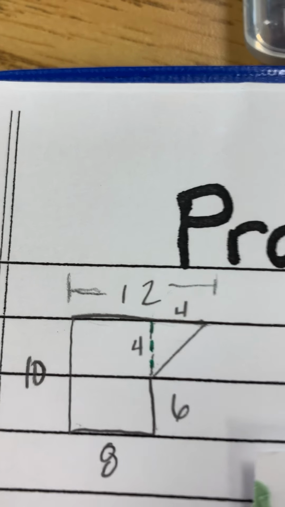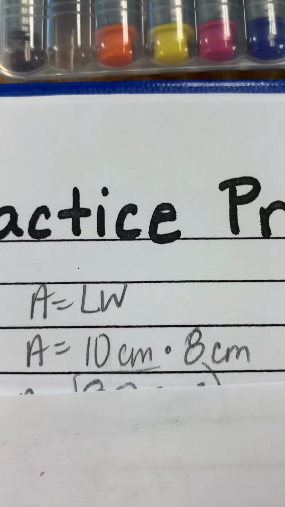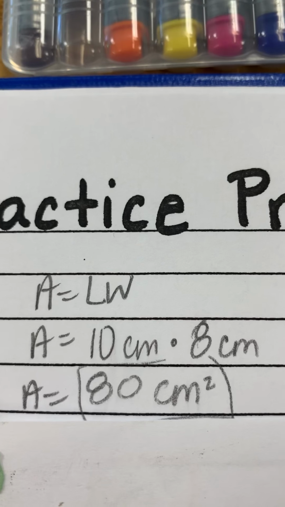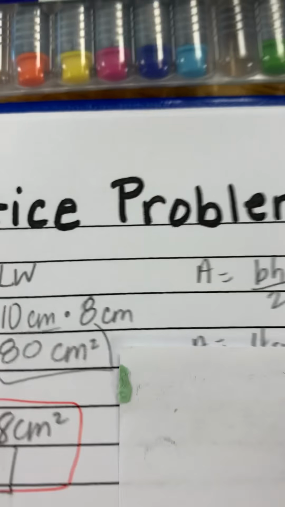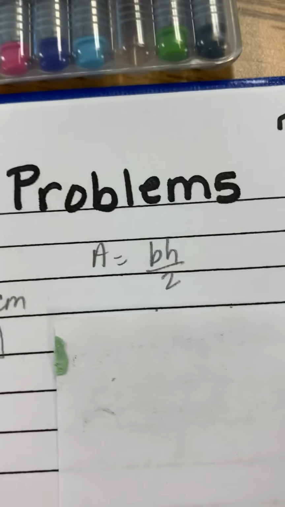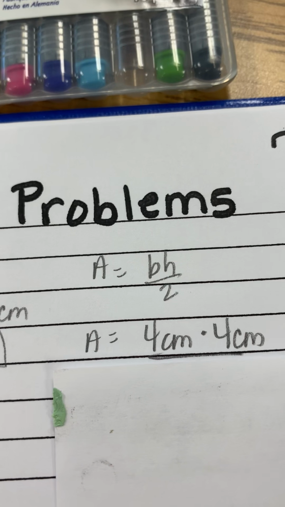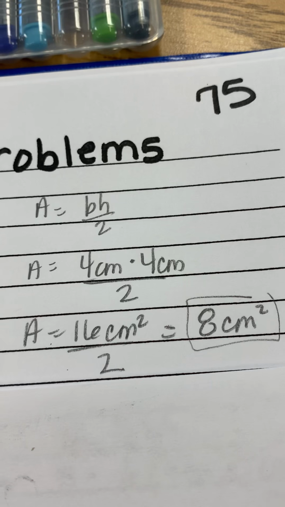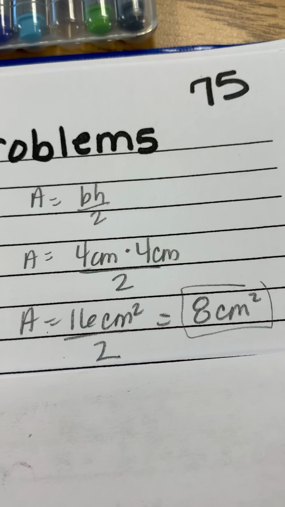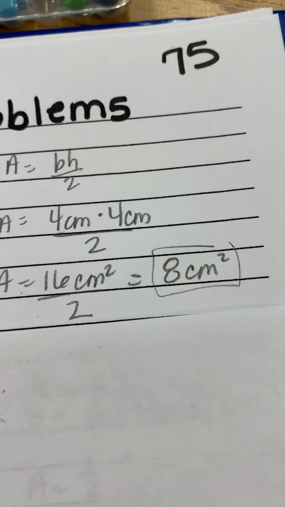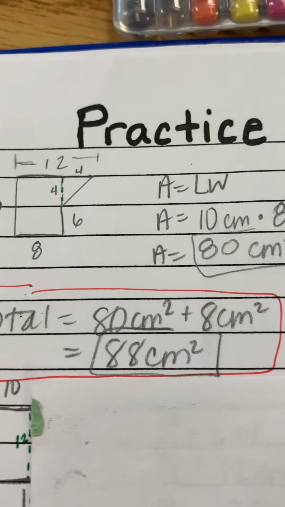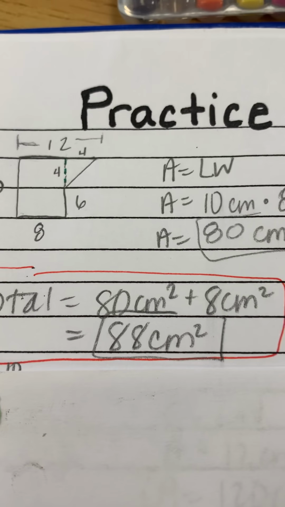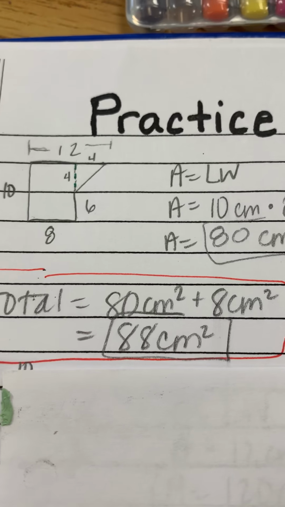Okay, so I go through area for the rectangle. Length times width, 10 times 8, I get 80 centimeters squared. Triangle, base times height over 2. 4 times 4 divided by 2. 16 centimeters squared divided by 2, and I get 8 centimeters squared, and then I don't forget to add them together. Okay, so I say 80 centimeters squared plus 8 gives me 88 centimeters squared. Okay, second one